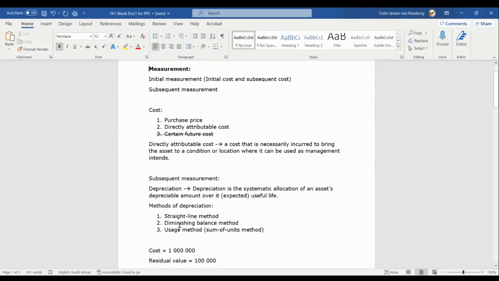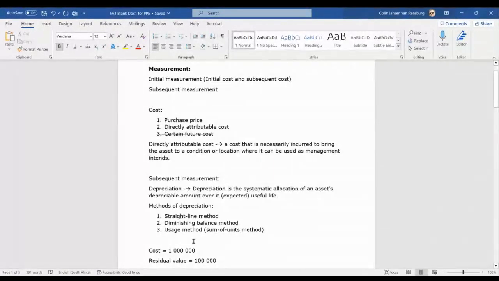So, ladies and gentlemen, IAS 16 depicts that we've got three methods that we may use to calculate our depreciation. In other words, to get a systematic allocation of that depreciable amount over the expected useful life. The first method is called the straight line method. The second method is called the diminishing balance method. The third method is called the usage method, also sometimes known as the sum of units method or even the